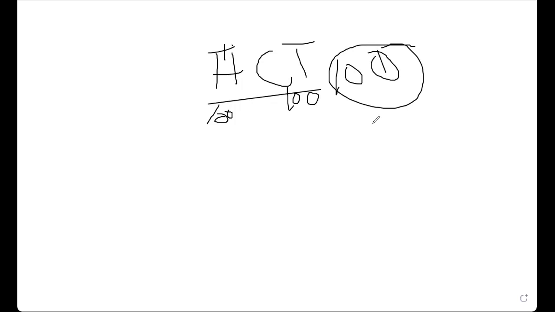HCl is a stronger acid. Everyone knows that HCl is a stronger acid. But let's suppose for a single minute that HCl is a weak acid. If HCl is a weak acid, what will happen here? If you are using 100 molecules of HCl and dissolving them into the water, for example, I am getting 50 ions of H positive and 50 ions of chlorine negative.